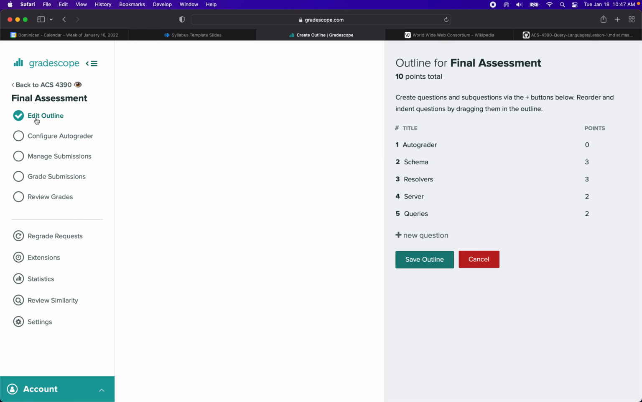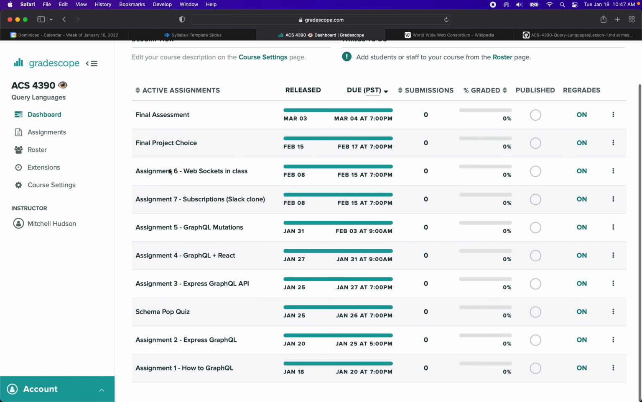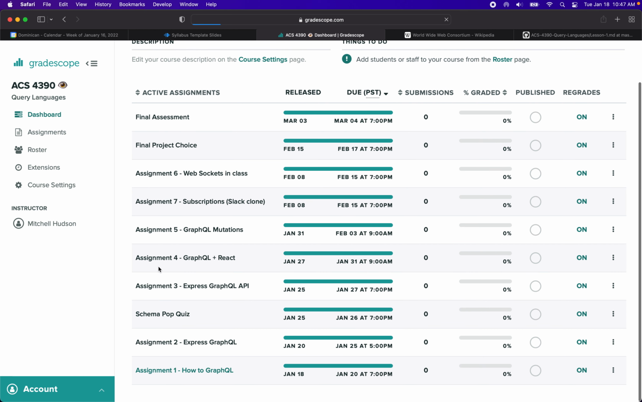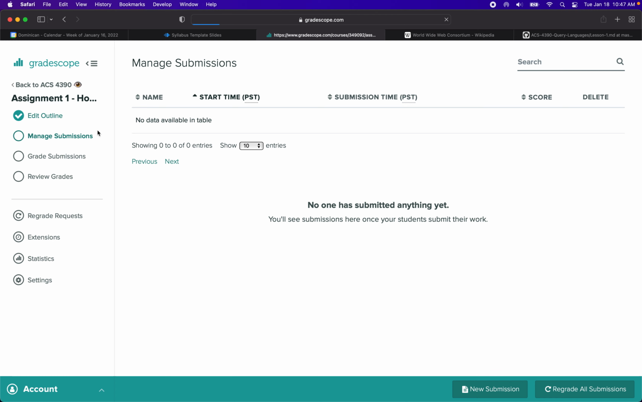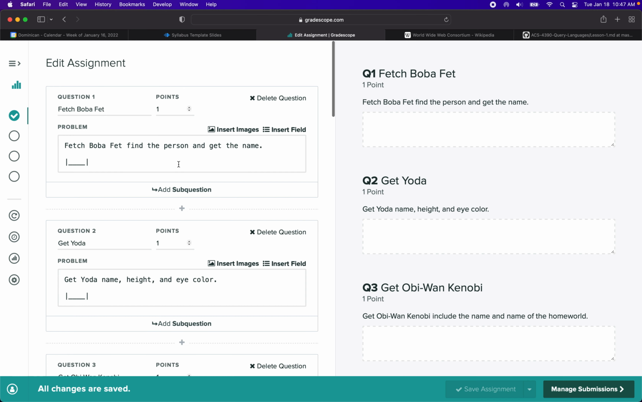wait, where is my assignment? Sorry, I'm missing, did I get the wrong assignment? Maybe that's the wrong one. I gotta get assignment number 1, how to GraphQL. Okay, yeah, so what you're gonna do here is it'll look like this for you, and you'll put the query